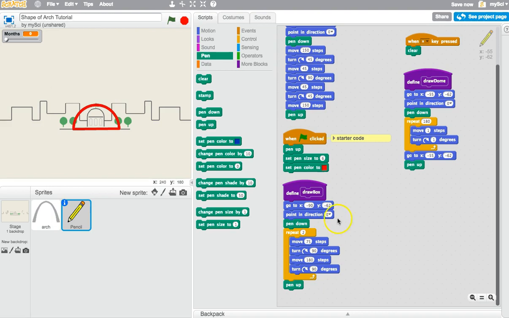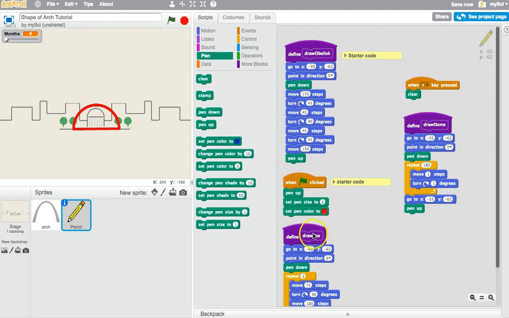If you had trouble trying to figure out how to draw your box, take a look at our box code. You'll see now we have 3 different drawings that we can do with the pen. All we have to do is press X to clear, green flag to reset our pen, and then select any one of these procedures for the pen to draw. But right now it's not animated in the program,